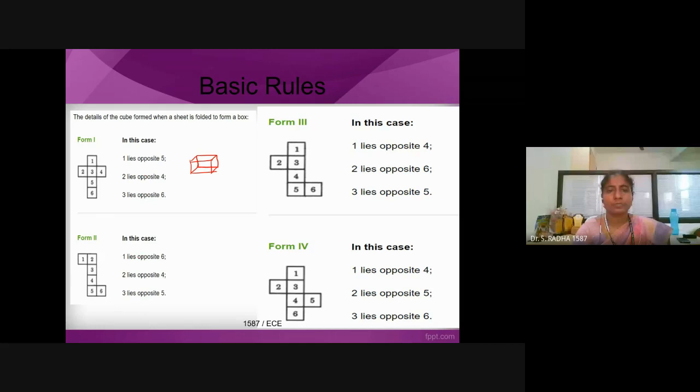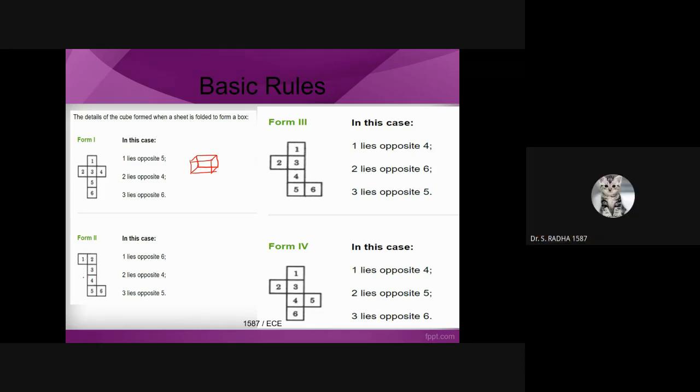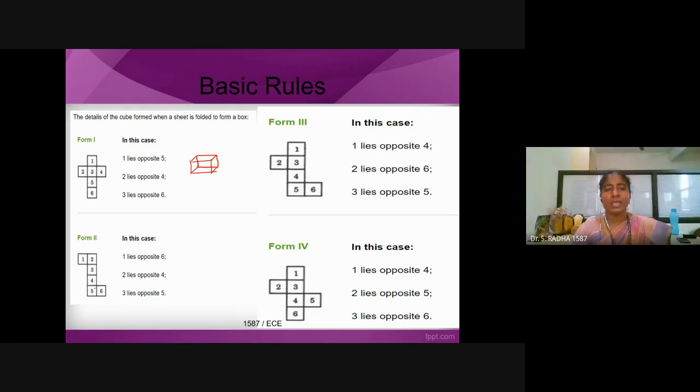Now the second form, you can see, you can keep 3 or 4 as the base. If I keep 3 as base, you can lift 2 as one of the sides, fold 1 as the left side face, lift 4, it will become a face, and cover the box with 5, 5 becomes the top, and fold 6 on the other side, that will become a face. 1 and 6 will be opposite, 3 will be base, 5 will be the top, they are opposite, 3 and 5. 2 and 4 are opposite faces in the cube. Okay, so like that we have different formats, the cutting can be done.